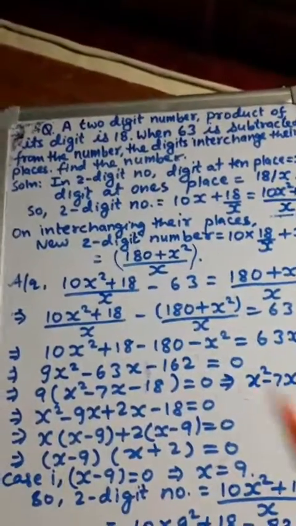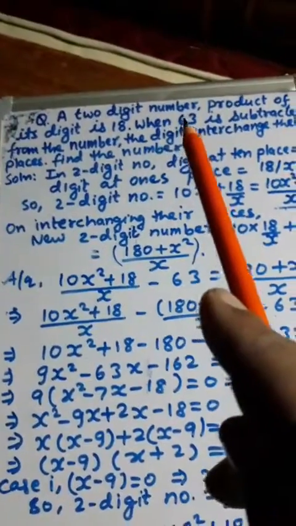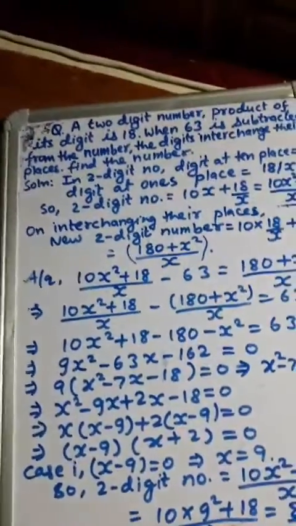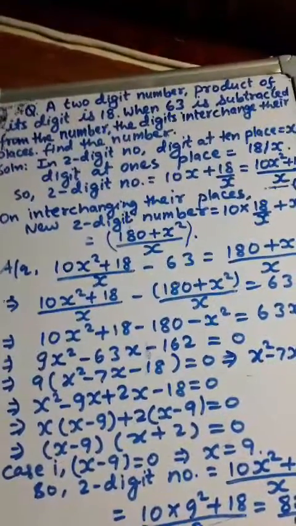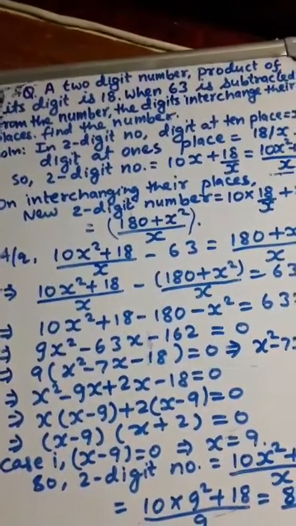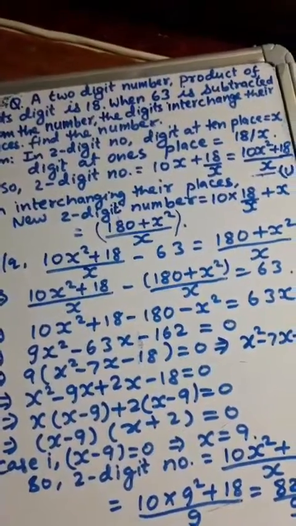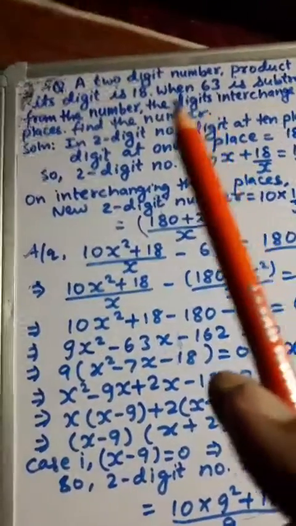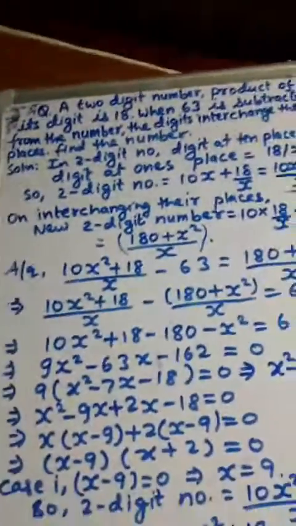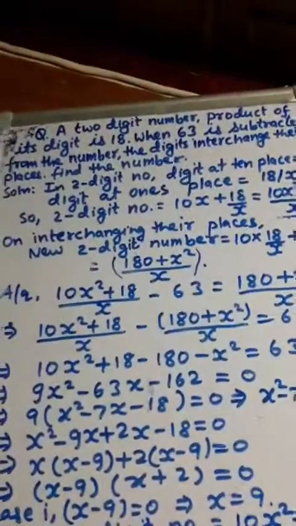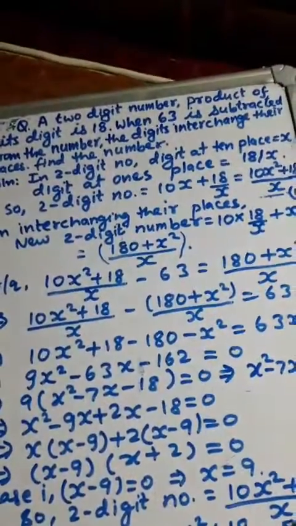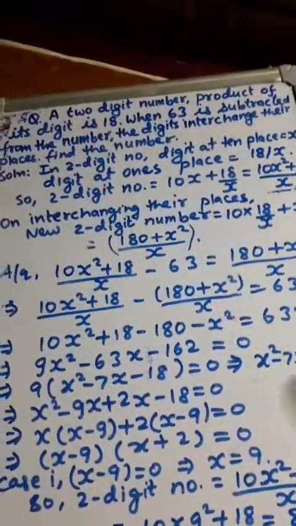It is a two digit number in which the product of digits is 18. The two digit number means a combination of a tens place number and a ones place number. So what is the number at tens place and what is the number at ones place? When you take the product of the digits, 18 is coming. Suppose one number is 2 and another number is 9. 2 into 9 is 18. If one number is 2, the other number is 18 by 2, then you are getting 9.